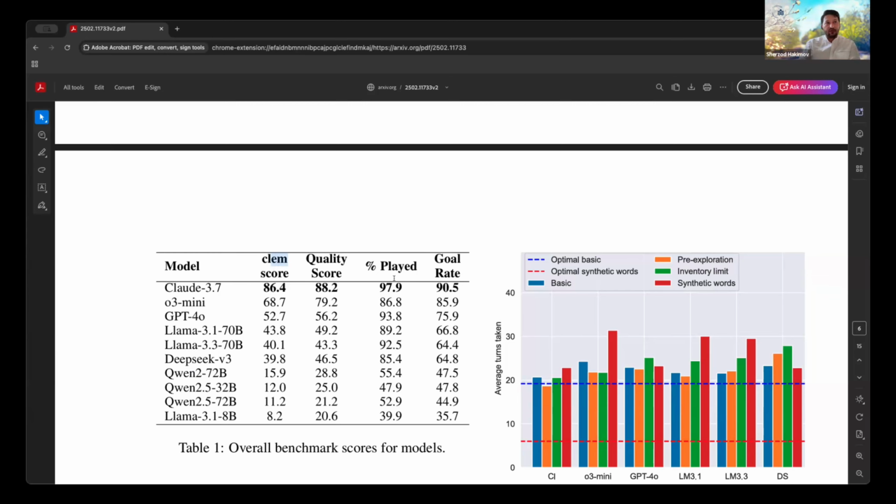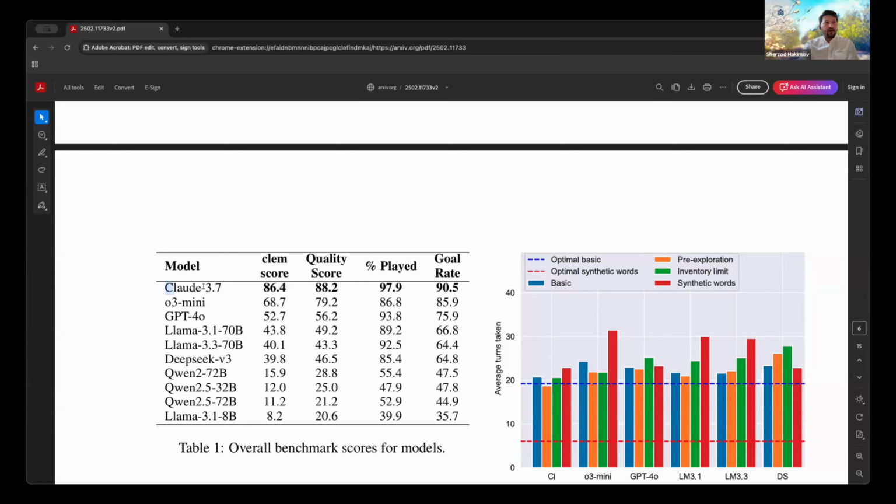So here we have some metrics. The main metric is the CLEM score, which is a combination of quality and played. Played is very simply: did the agent follow all the rules to every point, meaning it has to give an output starting with some action verb and so on. It has to stop the game on its own. So that's what we call played, meaning it followed all the instructions to the end. Quality is how well the task was solved, to what extent. Usually we have 1 to 3 objects to be carried from place to place, and that's how we measure. The CLEM score is a combination of both; we just multiply them.